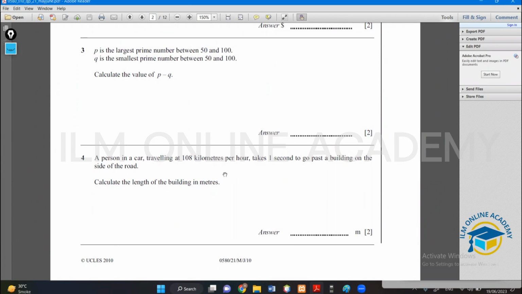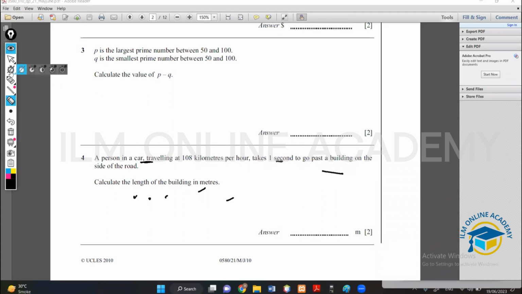Calculate the value of P minus Q. So first let's talk about some conceptual thing of this question: if you think about it, you will get to know that you don't have to search for the largest prime number between 50 and 100. You know that the largest prime number would be lying between 91 and 100, and the smallest prime number would be in between